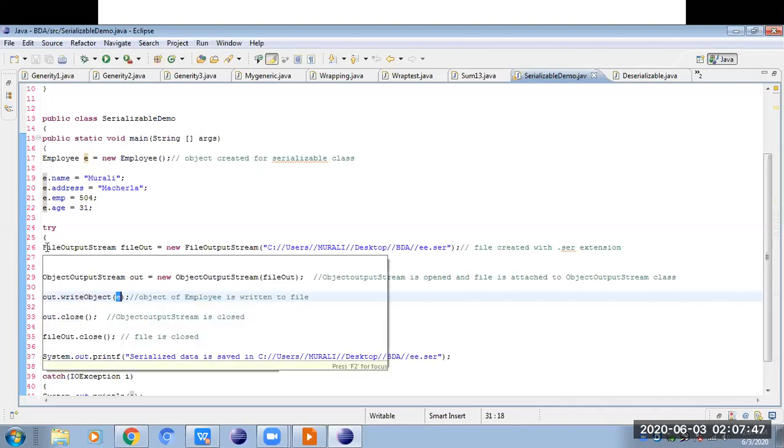By these three lines, we have created a file. Next, the file is attached to the ObjectOutputStream. Then the data of the object is written to the file. That is the concept of these three lines. An empty file is created, it is attached to the object output stream, and next, by using the writeObject method of the ObjectOutputStream class, the object e is written to